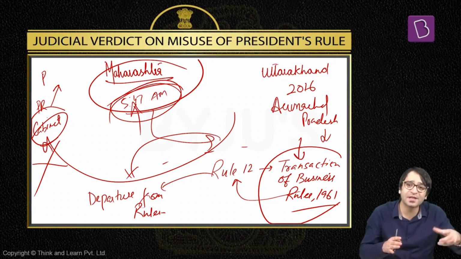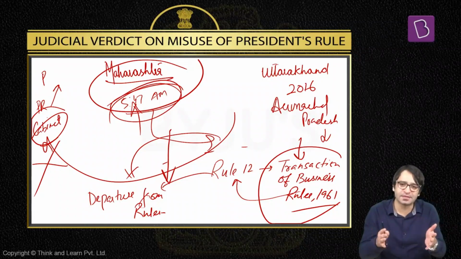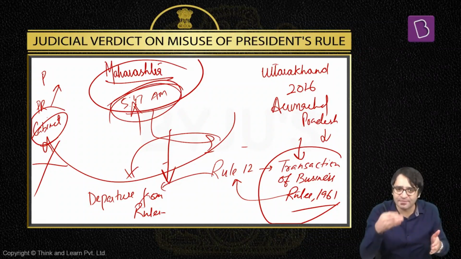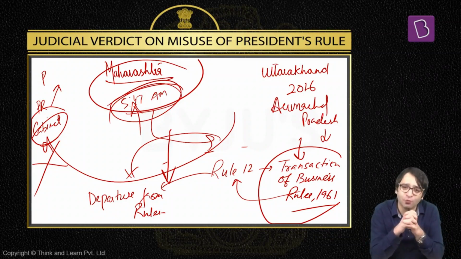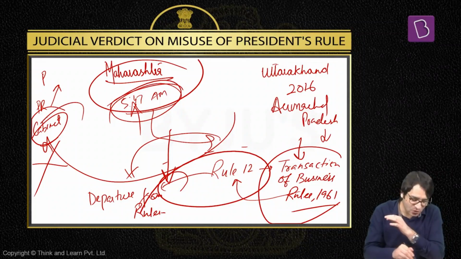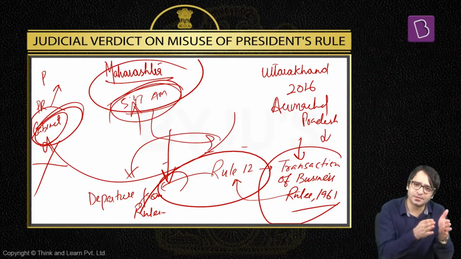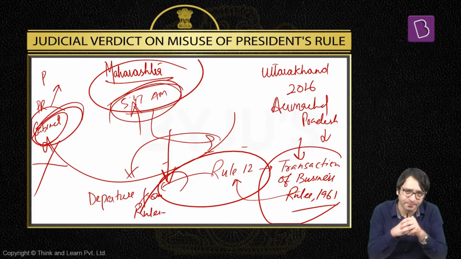But normally the advice of the Cabinet is required. But there is an extraordinary rule, rule 12, departure from rules. In extraordinary circumstances, even without a Cabinet meeting, the Prime Minister may advise for the revocation of the President's rule, and that is how it was done. At 5:47 a.m. in the morning, President's rule was revoked based on the order issued under Rule 12 of 1961, and that was done by the President on the basis of the advice of the Prime Minister without consulting the Cabinet. This is about President's rule. So we have discussed emergency provisions: 1, Article 352, 2, Article 356 of the Constitution.